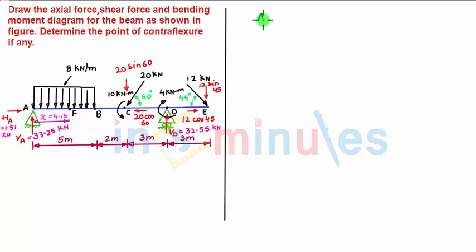Next we start with axial force calculation. Now axial force is nothing but longitudinal or axial force along the beam. So we start with again A and move towards point E. By taking a section towards right of A and very near to it, we have axial force towards right of